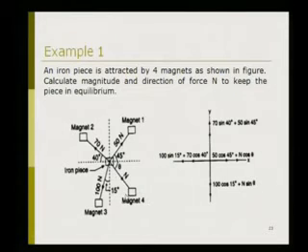Then for the fourth force, we do not know the magnitude and direction. It is given as N and theta. Theta is with respect to the x axis, but we can divide it into two components. So let us say the horizontal component is n cos theta, which is in the right hand side direction, and the downward component is n sin theta.